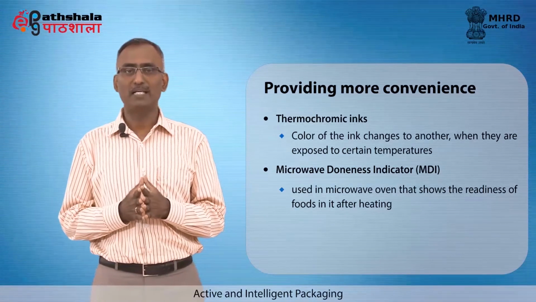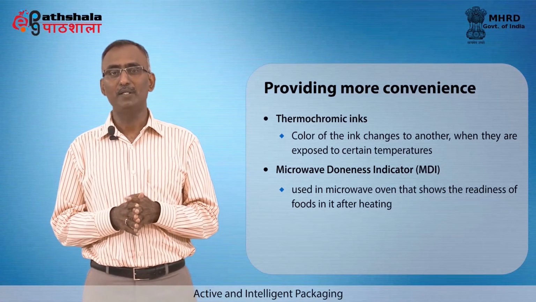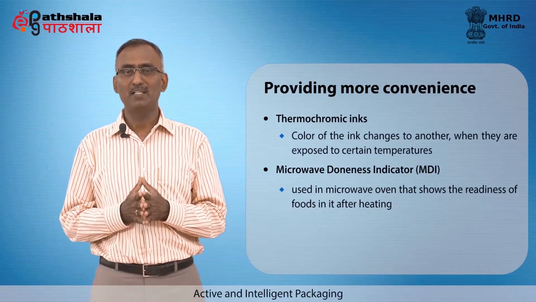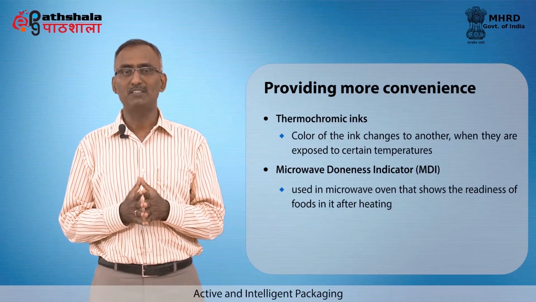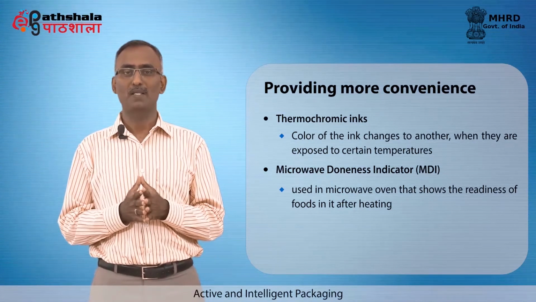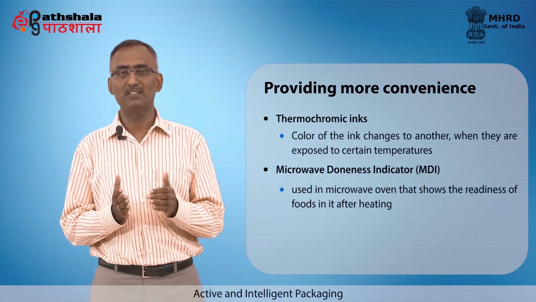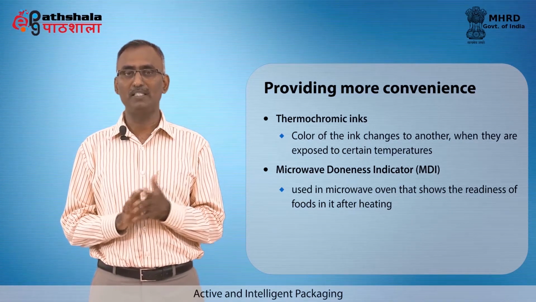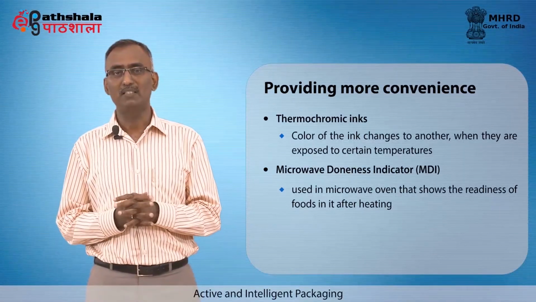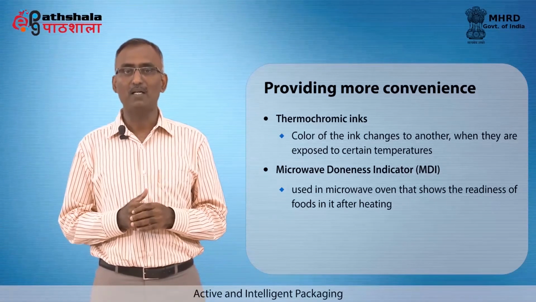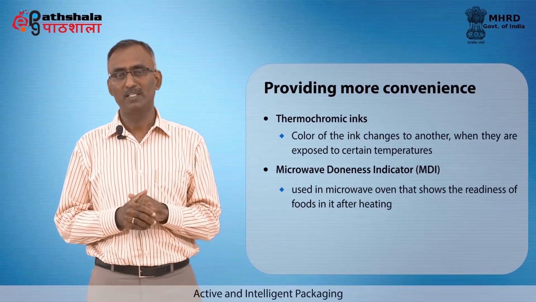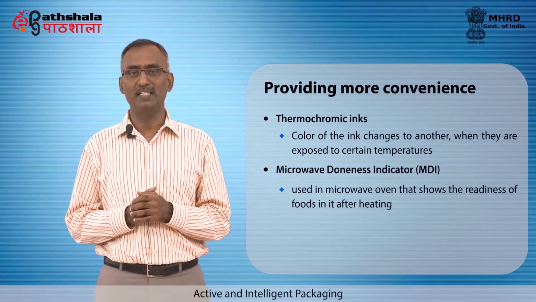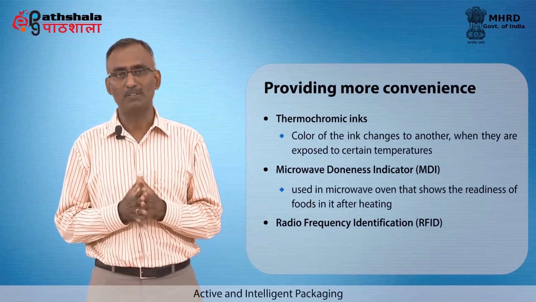Most of the indicators of this type give wrong information on heating due to field distribution in the microwave ovens. To overcome this, sealed doneness indicator has been developed, which is not affected by the field distribution. The indicator should be placed in contact with a metal surface in the oven so that the temperature sensor is not affected by the electric field. By this method, the sensor will respond to the temperature, not the microwave energy. Here also, there is a limitation that we can see the color change only after the oven is opened.